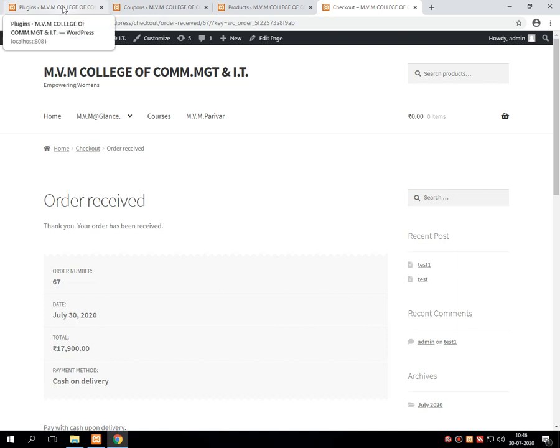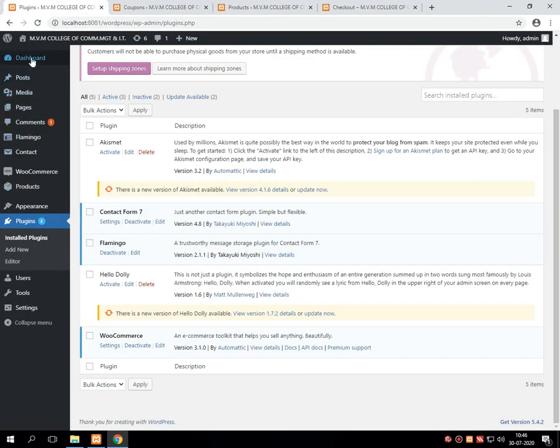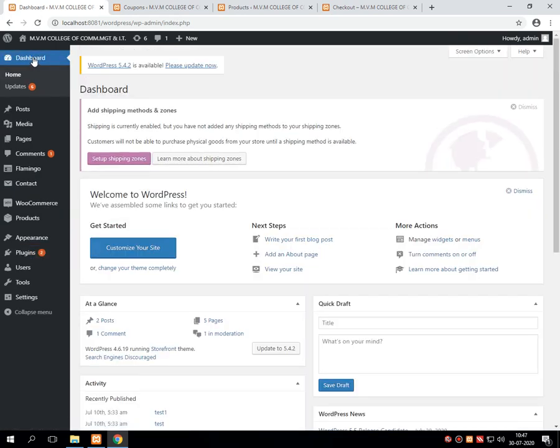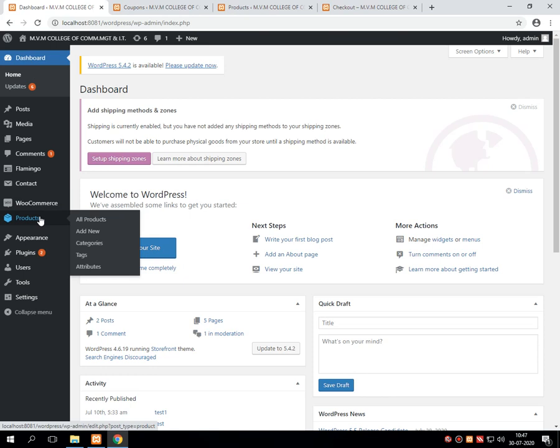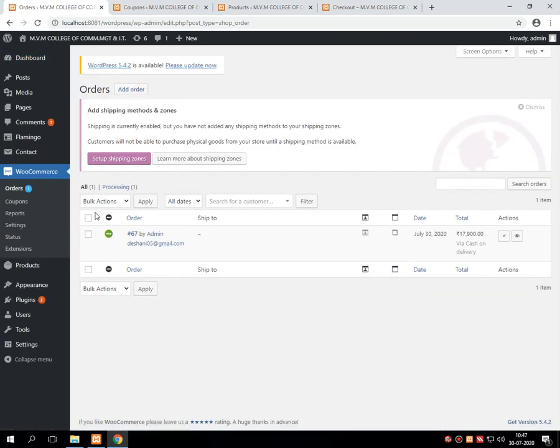For that, just go into the dashboard, and in WooCommerce, before Coupons, there is an Orders option. Just click on that Orders option. Here you will see one order, the one that I have placed.